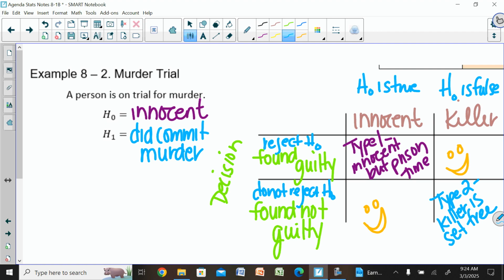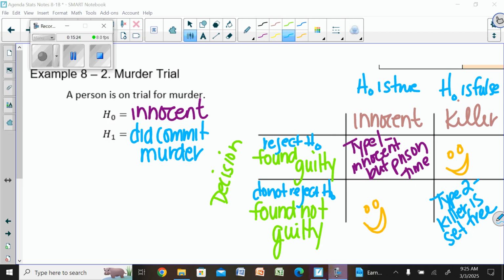All right, so that is it for section 8.1b. Again, lots of bits and pieces. Be patient. In section 8.2, we put it all together. Have a great